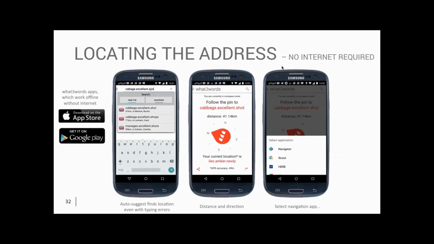And we have what we call compass mode, where the app will show you the direction and the distance on how to navigate there. But you can also pass that location across to any installed offline navigation systems, and for example, the Scout navigation program for Android allows you to do that.